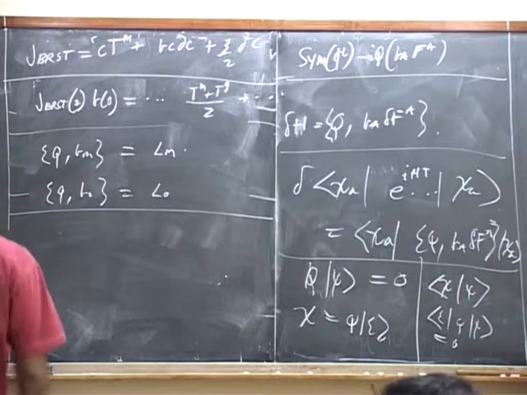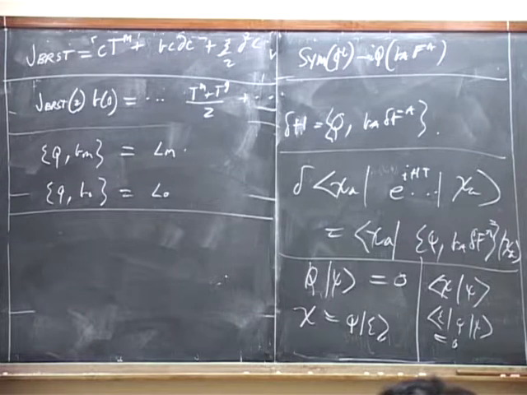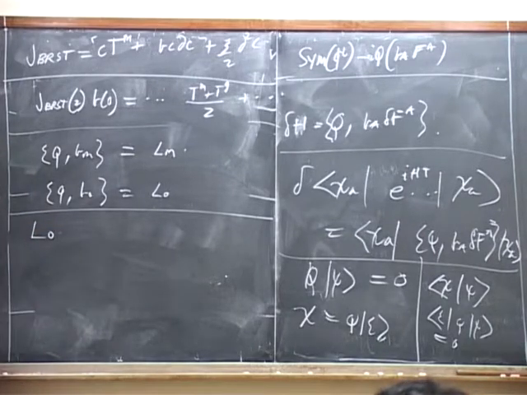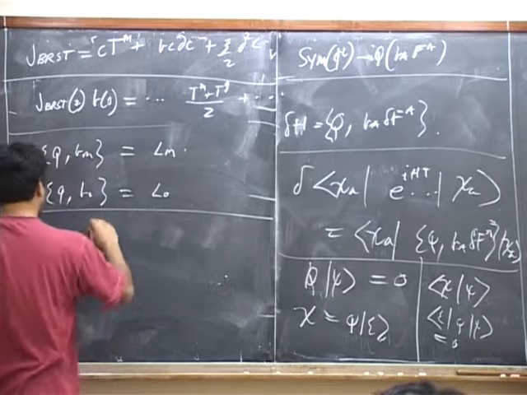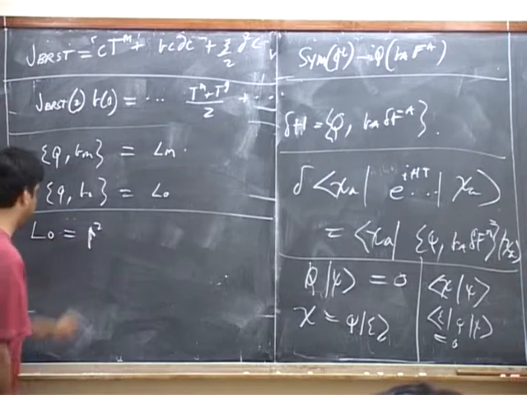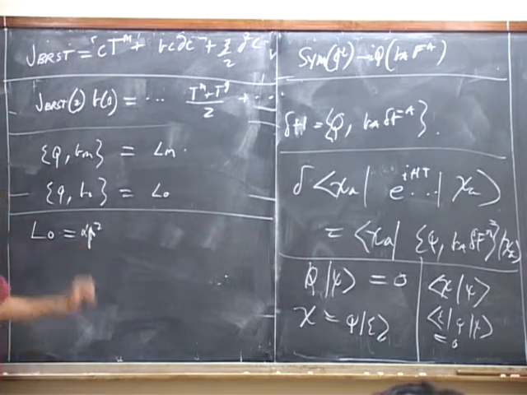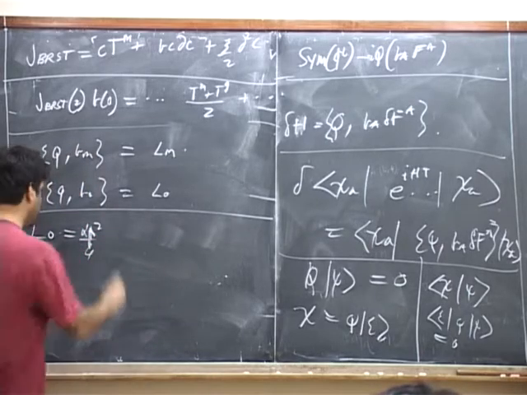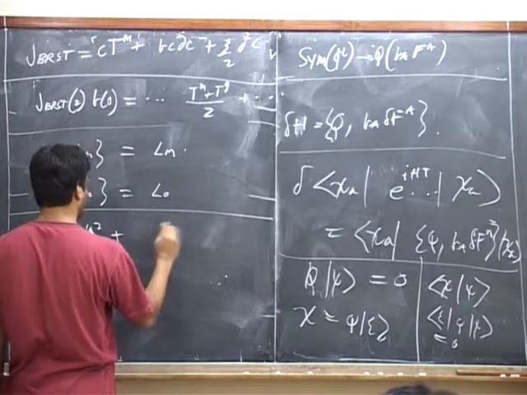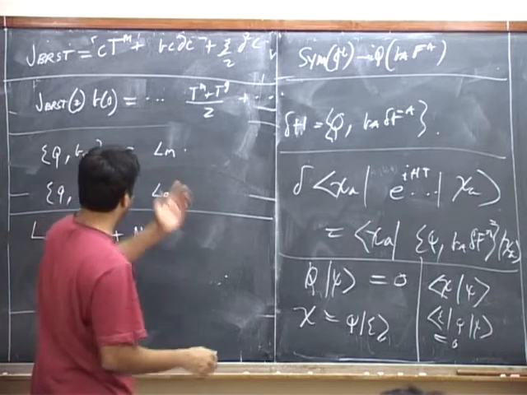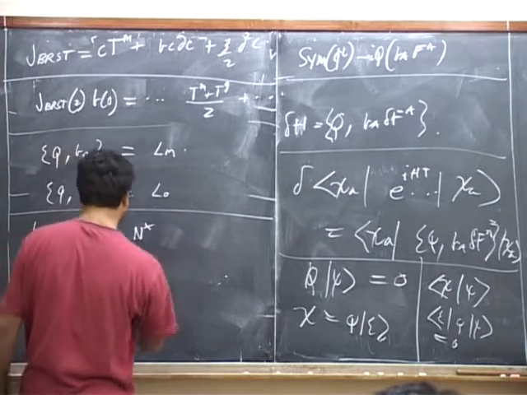Okay, great. Now, I just want to remind you about the structure of L0. So, what was L0? L0 included the zero mode part. We'll get the coefficients straight in a moment, but schematically there was a part that was alpha prime p squared, actually it was 4, but okay, alpha prime p squared, plus there was the number operator associated with the x oscillator, so let's call that Nx.